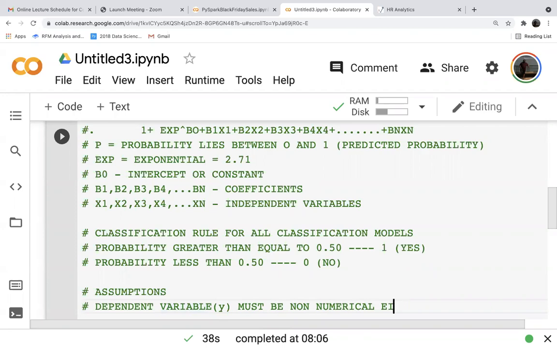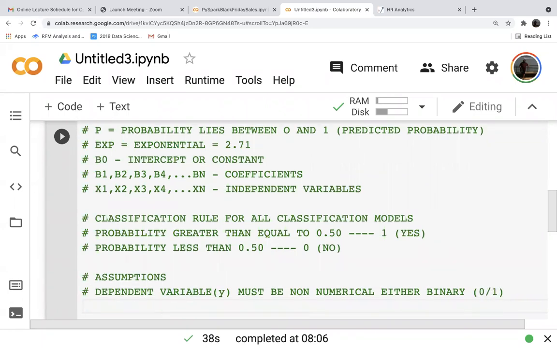Either binary. Binary means 0 or 1. If it is binary, we will use binary logistic regression.